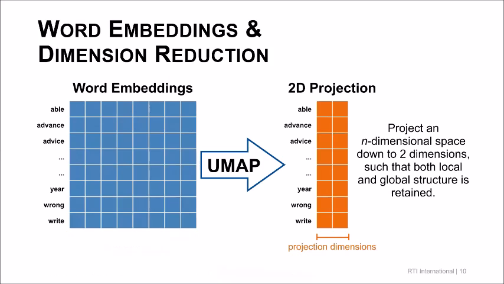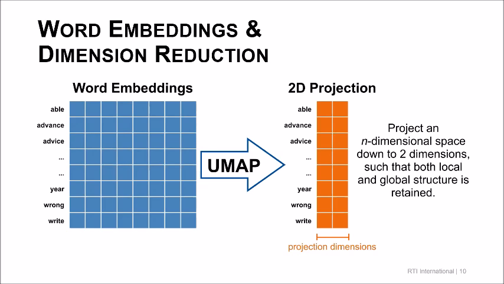So to do this, we are going to use a tool called UMAP, which stands for Uniform Manifold Approximation and Projection. And again, I have all this stuff on the last slide and a website, so you'll have all these resources if you missed some of that stuff. And what it's going to do is project any dimensional space down to 2 dimensions, and it's going to retain some really important properties, basically just that both the local and global structure of your data is retained in this